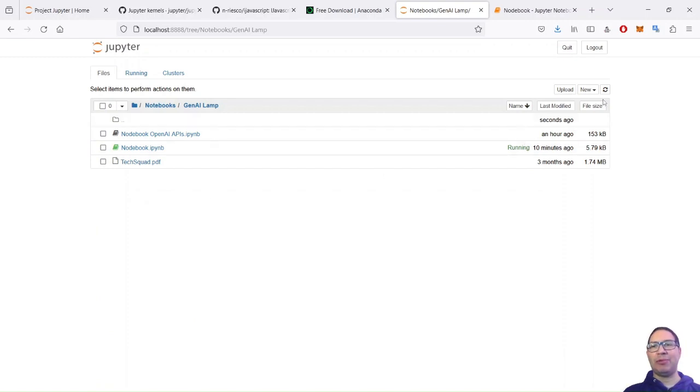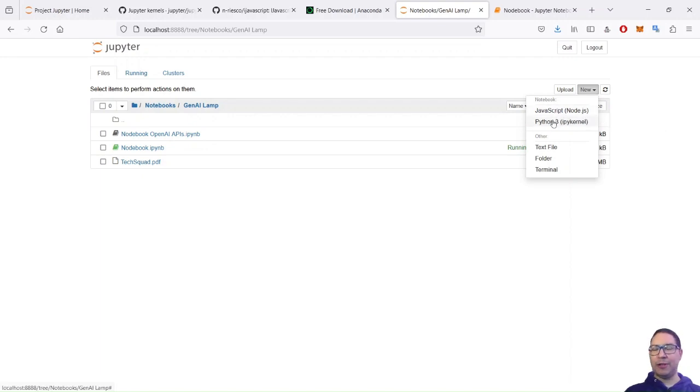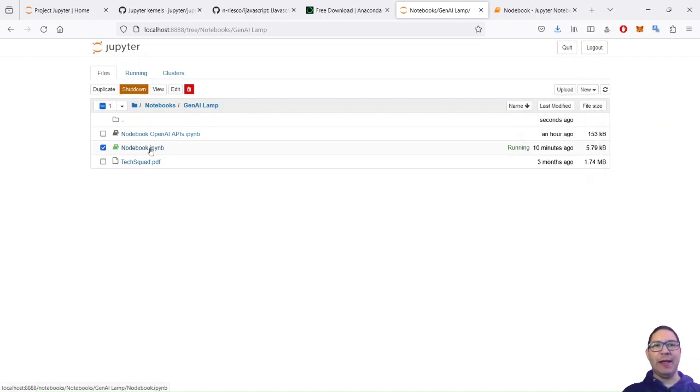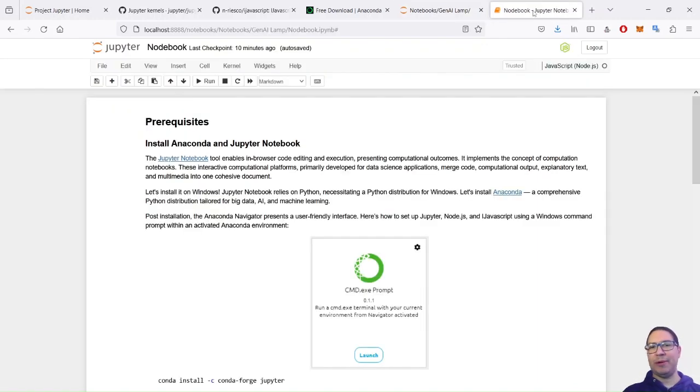But when I create a new notebook, I can choose between the two different kernels that I have, which are Python or JavaScript. We'll speak about the JavaScript kernel installation right now. Okay, so when I launch the notebook, I just click on this link, and it will open the notebook in another tab of my browser.